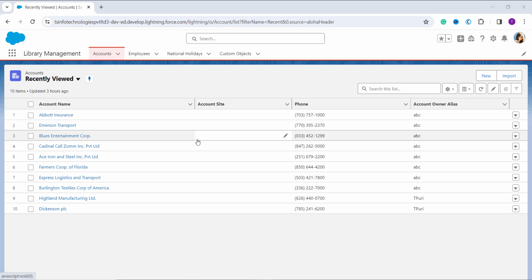So your first step is to log in to your Salesforce account as an administrator. Once you have successfully logged in, make sure that you are in the Lightning interface. Once you are in the Lightning interface, your next step is to make sure that you are on the main